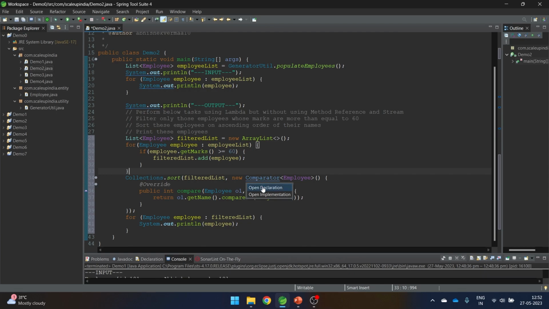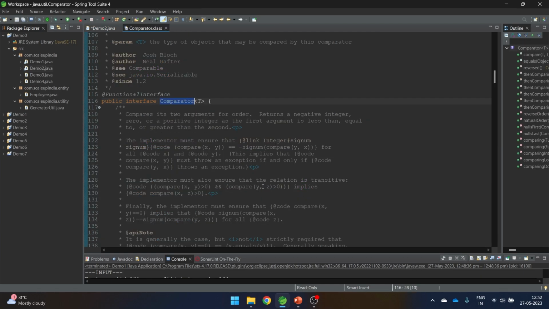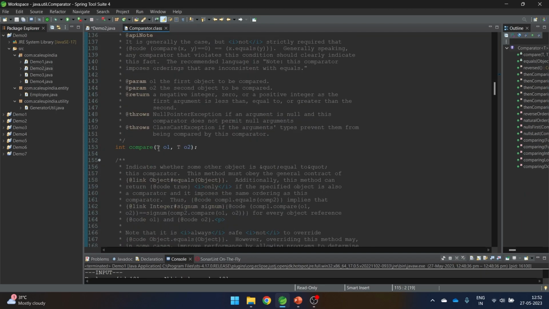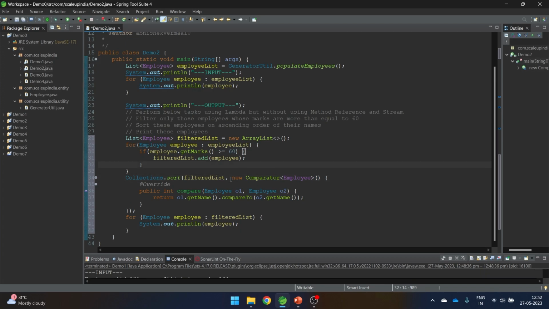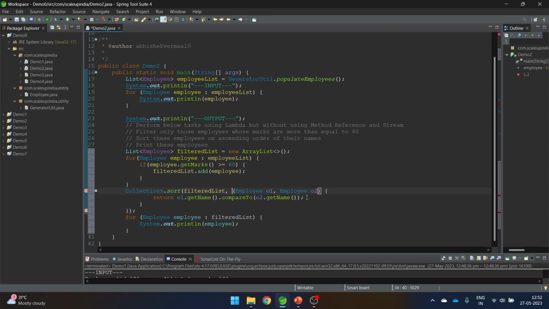Or also if you wish, we know that lambda can be written only for the functional interface. So let's see whether comparator is a functional interface or not. So we'll see that yes, it's a functional interface and it has only one abstract method, compare. So what we will do is we will remove all these extra, unnecessary things, and from the body